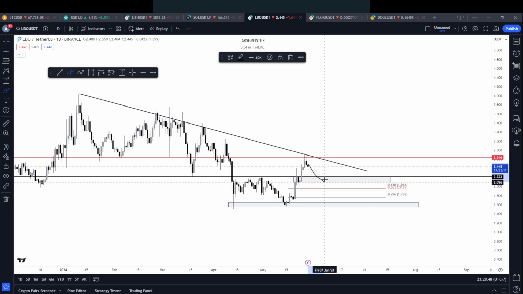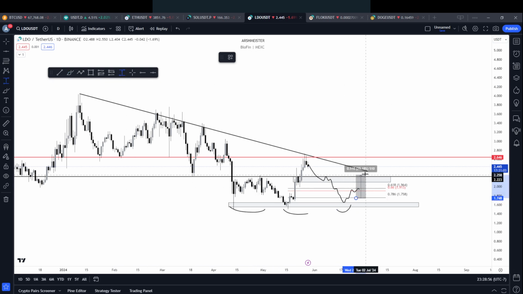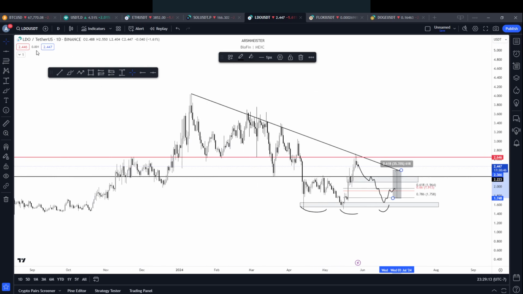right? Let's say we get this bid filled, come back down, and then we put in a triple bottom, and then target, first TP would come at the resistance downtrend, right? You might get rejected here again, but if this comes and flips, then the first TP would come around 2.6. Hopefully ETH continues to run. This gets a breakout,